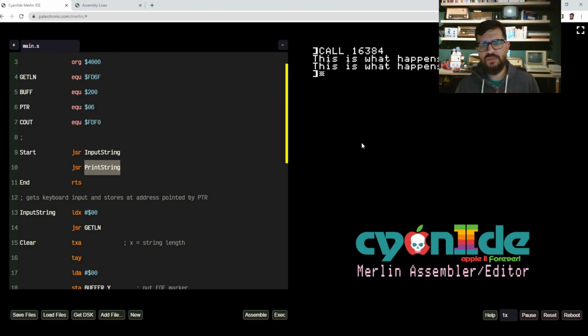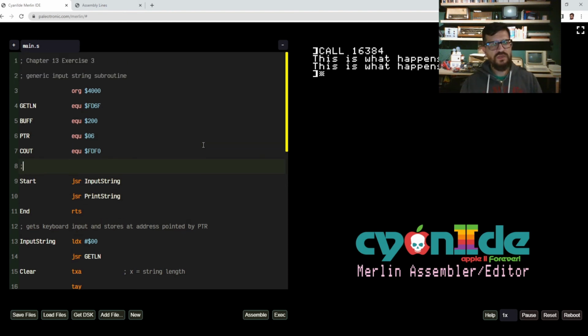When I call the program, basically it's waiting for my keyboard input, and then I type whatever. And after I type it, it's shown as I type it. It's being shown on the screen, and when I click enter, basically it copies the whole thing to buffer, to the data location buffer, and then we print the contents, and we see that we have exactly what has been typed. So this is how you do proper keyboard input